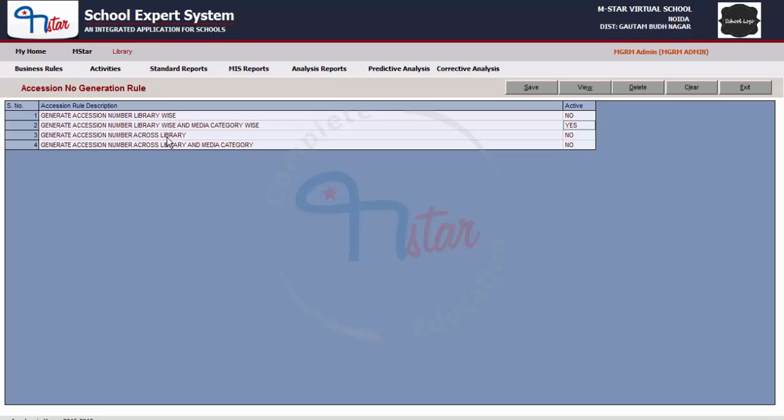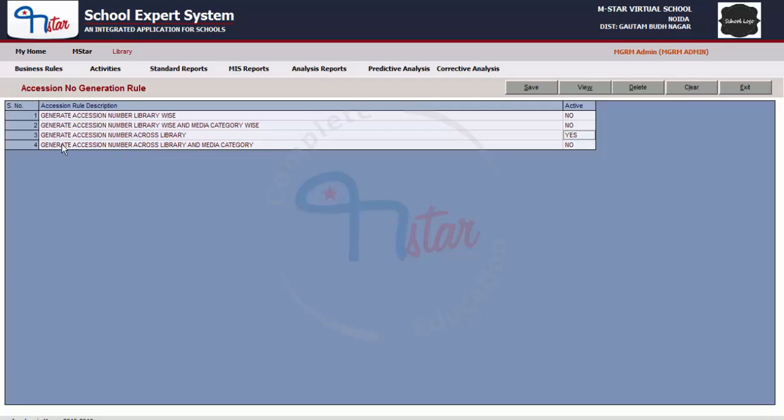Then if there is a CD in junior library entered after the book 1 and book 2, it will have the accession number as 3. So it will be continuous across libraries and media categories. In case you want to make this Yes, again click on No against the row and it becomes Yes. That means it becomes active or applicable.